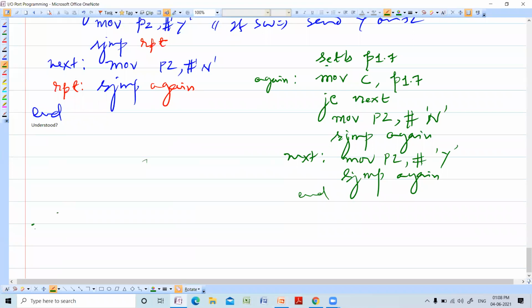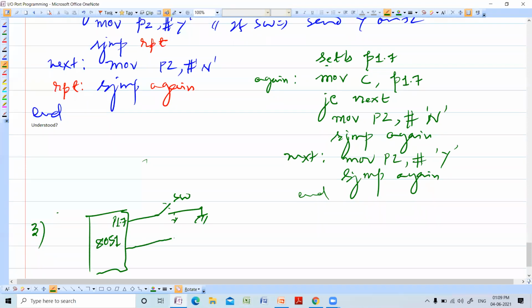So this is the next scenario. This is 8051. Some port, maybe P1.7, is connected to a switch. The status of the switch should be read, and another port is connected to an LED. So what are the port numbers? You can refer once.